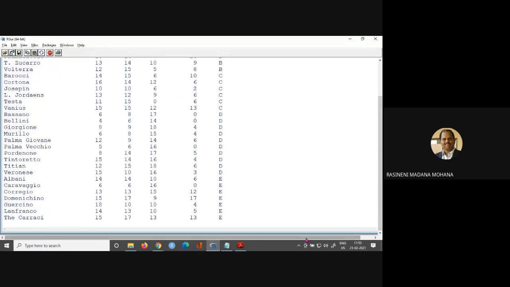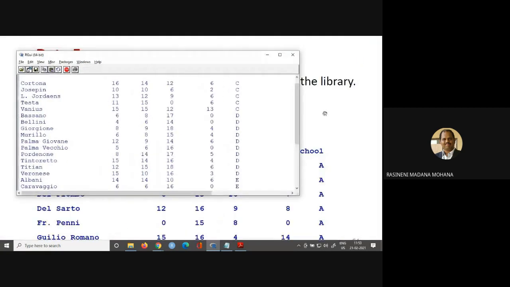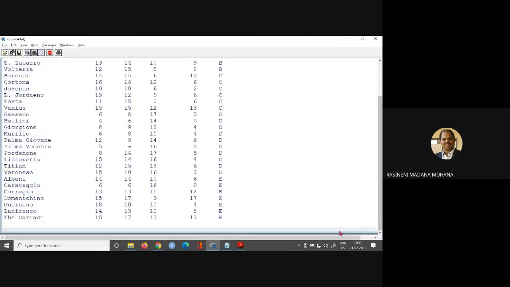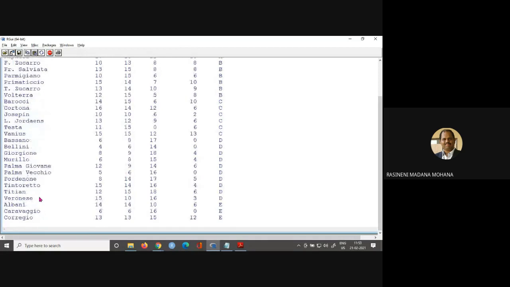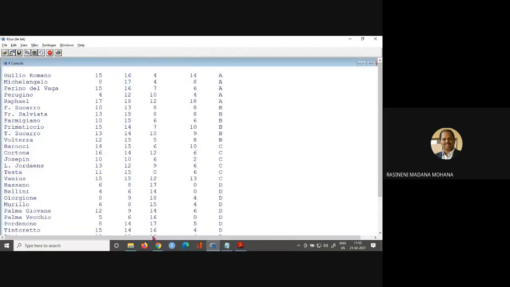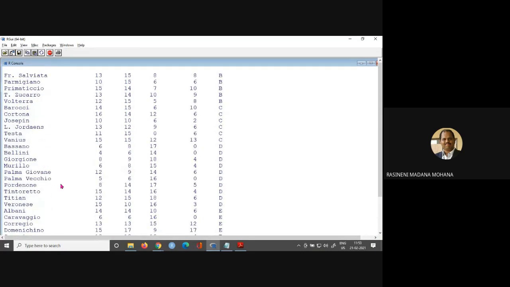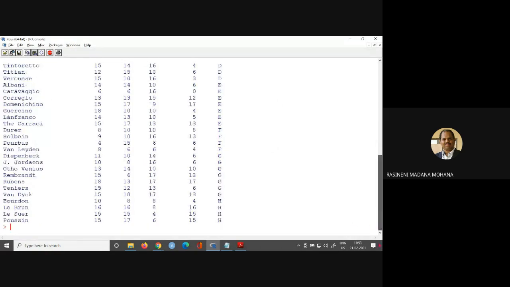So to display the number of observations, there are some particular commands. Now you can see these are all the complete values related to the painters data set.